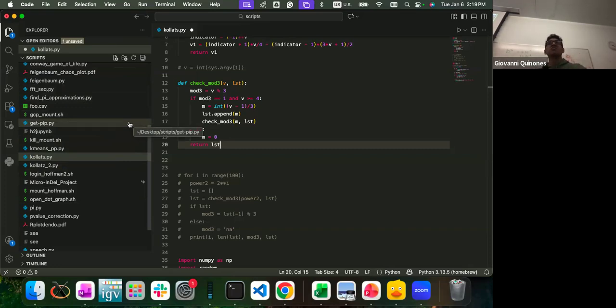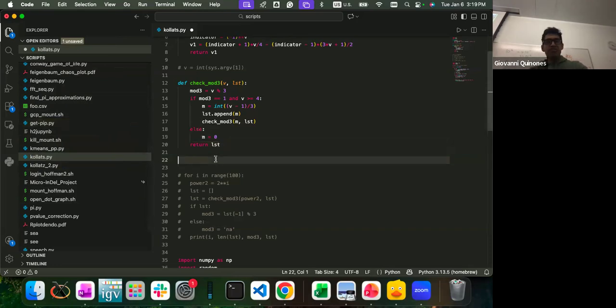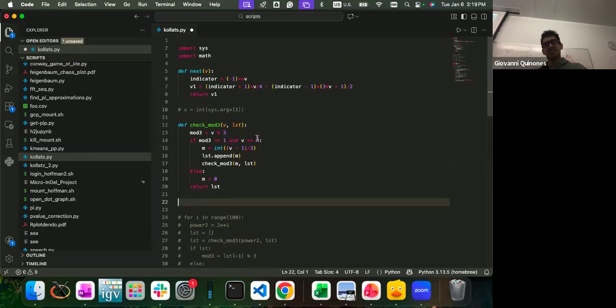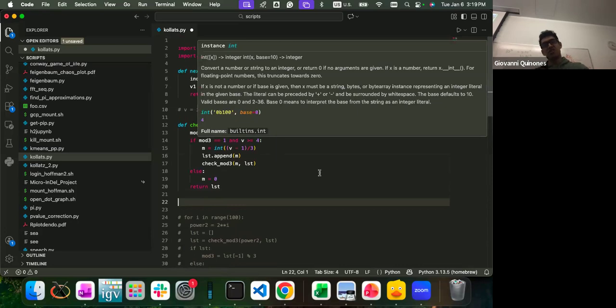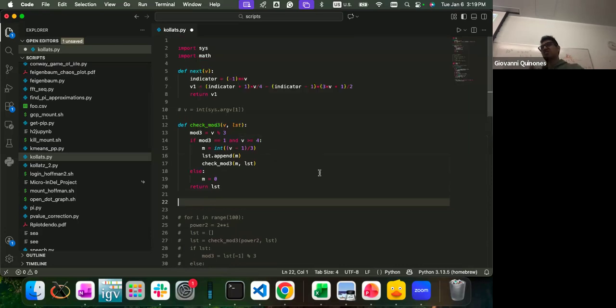So it's better to use Vim. Vim is good for convenience and when you need to do something quick in the command line. But if you're writing proper code with a lot of lines, then it's better to use a text editor. Now, on the third day, when we talk about submitting jobs to Huffman, I'm also going to talk about how to connect your text editor to Huffman so that you can type all your code more easily.